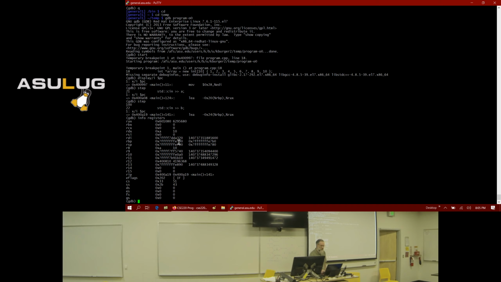These are the processor registers, and it's displaying them. I believe the first number is the contents of the register, but I'm not sure what the second number is. But if you're debugging assembly language code, you're dealing with registers and you need to know what values are in the registers, so that's useful for that.